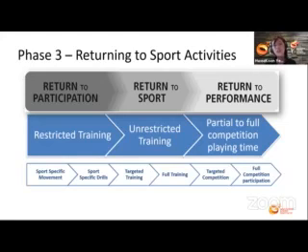Okay, and so this would be slowly progressed to maybe side to side. So instead of forward and backward, now we are combining side to side movement, right? The last thing that we want to do is pivoting, followed by jumping and hopping activities, which is more dynamic. So this is what we call sport-specific drills.